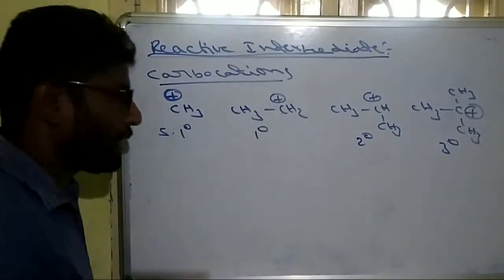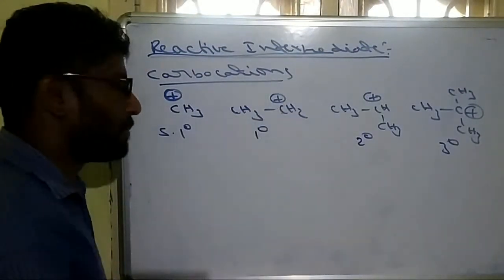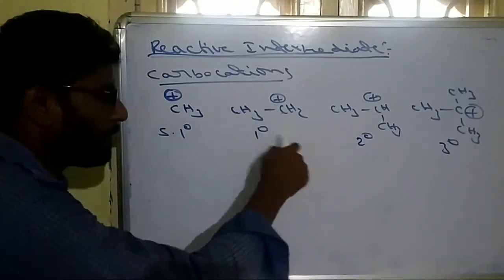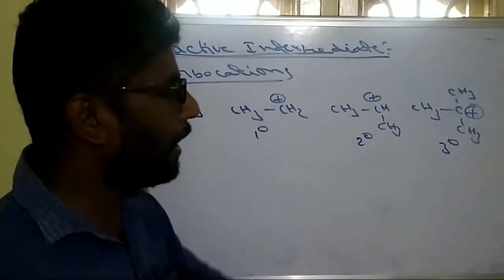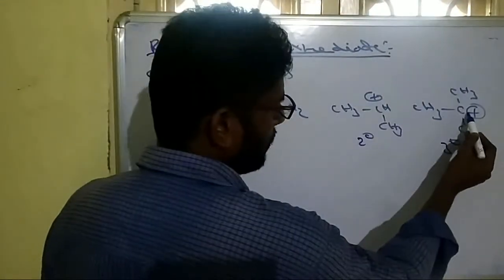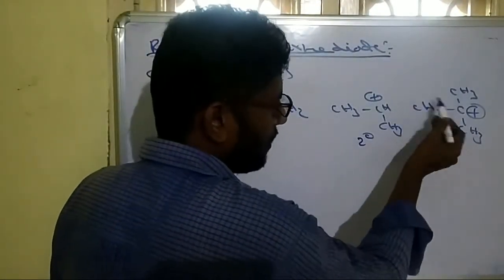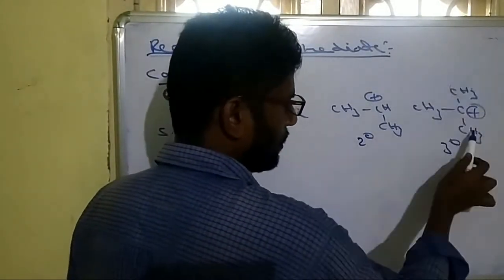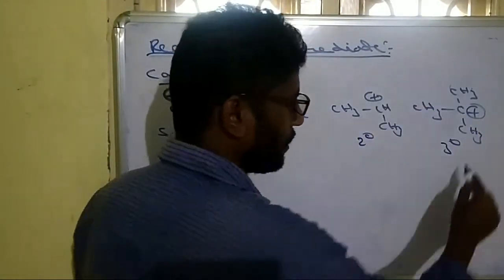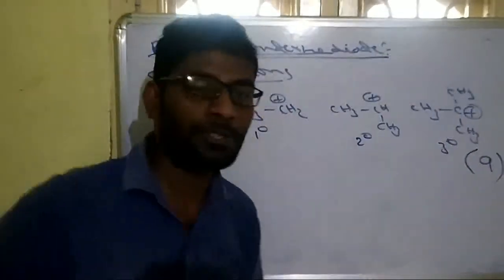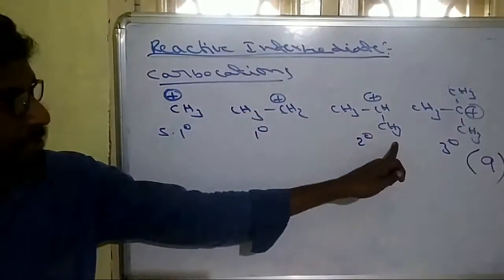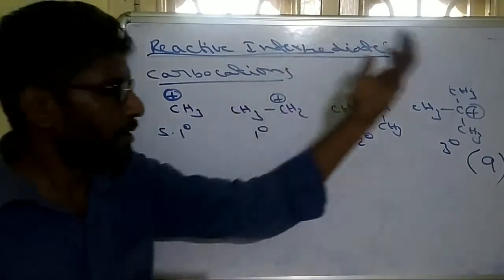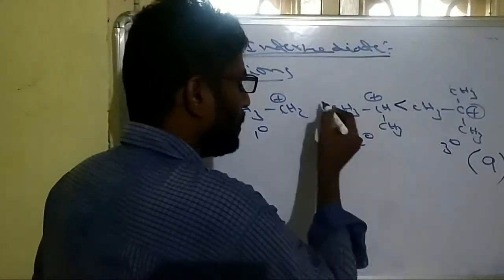Now, in these carbocations, when we are identifying the stability, I will explain hyperconjugation. Stability of carbocations is explained by hyperconjugation. Here the positive charge is there. These 3 hydrogens can convert it to a pi bond, these 3 hydrogens can convert it to a pi bond, and these 3 hydrogens can convert it to a pi bond. So there are a total of 9 hyperconjugated structures. Here 6 structures, here 3 structures, here no structure. So the more the hyperconjugation, the more the stability.